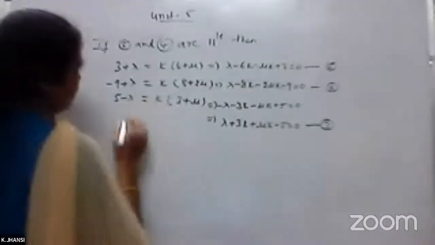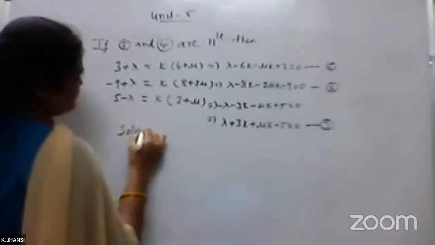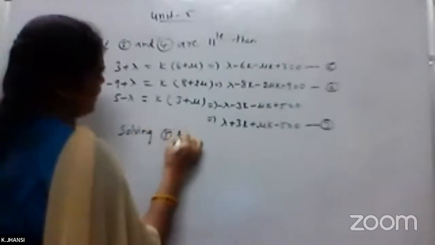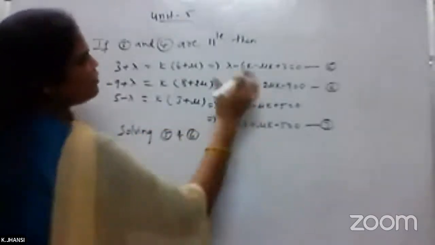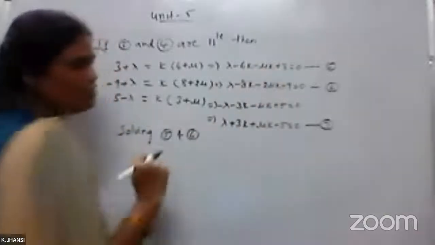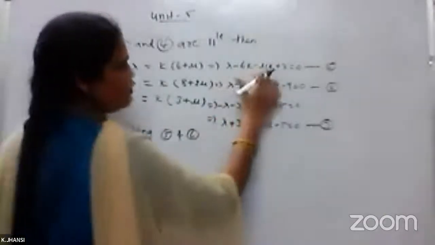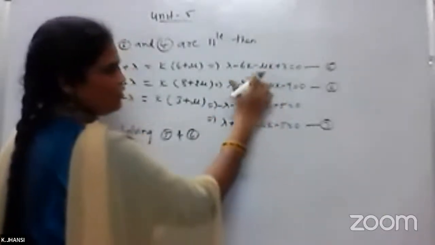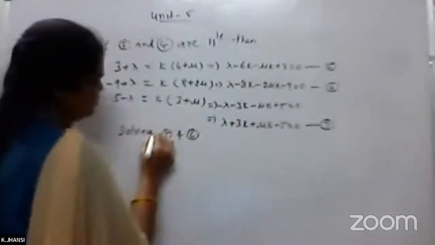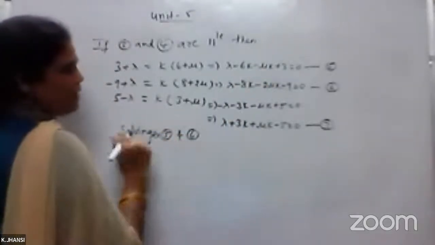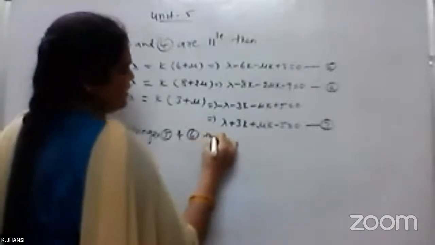Okay, so solving 5 and 6. First you cancel out the mu k. Here mu k is there, here minus 2 mu k. So you multiply 5 into 2 and 6 you keep like that only. So then we'll get,